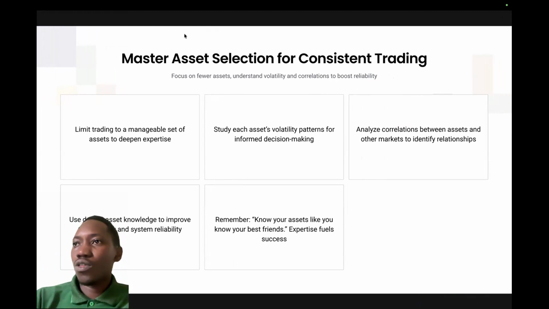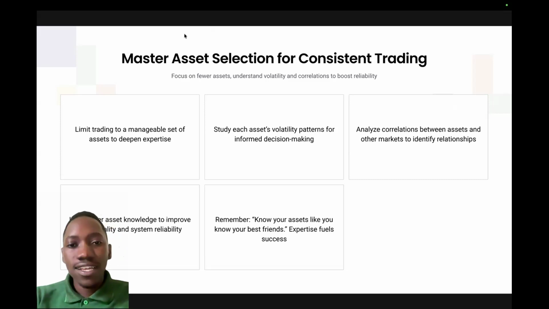You get used to and understand how this coin moves, how this asset moves. You analyze correlations between assets and other markets to identify relationships. This coin moves like this, but it is similar to this one, and it's similar to this one. Hence, that helps you. You get to know that for coins that are similar, it's not advisable for you to trade them because that's not diversification of portfolio. That is putting yourself in a trap. Because most certainly when this one goes up, it means that one is going to go up. So if you are wrong about it going up, you're going to be wrong twice. So it's better to trade coins that have a different correlation coefficient, so what you analyze here doesn't play out there.